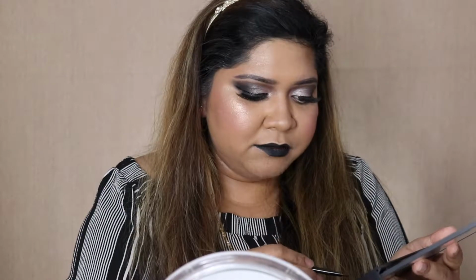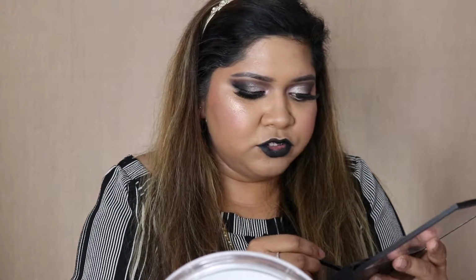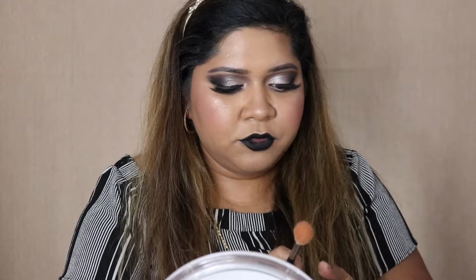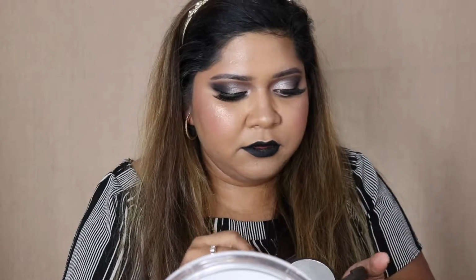I didn't see a point in buying the Stunna lip paint, but obviously if you do wear black lipstick or you are an editorial or magazine makeup artist, you could do well to buy the Fenty lipstick. It looks like she has some highlight on the lipstick, so I'm going to just use my Becca highlighter and just...